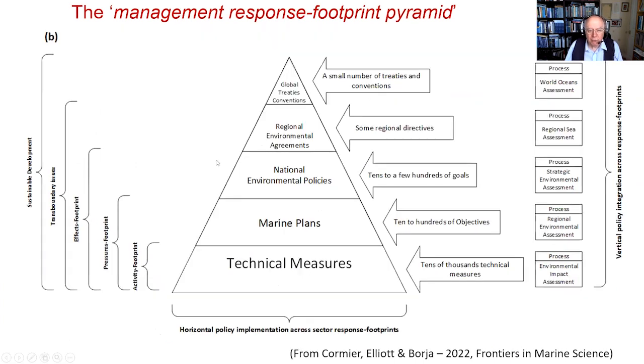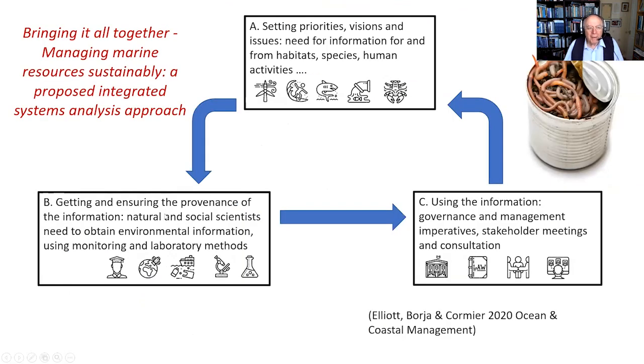And then the corollary of that, the fact that we've got thousands and thousands of technical measures for every activity that we've got. So anyone who wants to carry out an activity in the rivers, the estuaries, the coasts and the seas needs to get permission to do it. That's why we've got thousands of these, going through marine plans, national policies, and up to global treaties. And then bringing this all together, we end up with a systems analysis